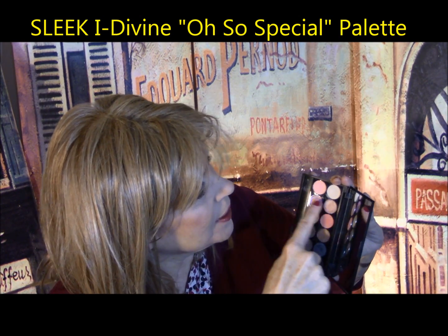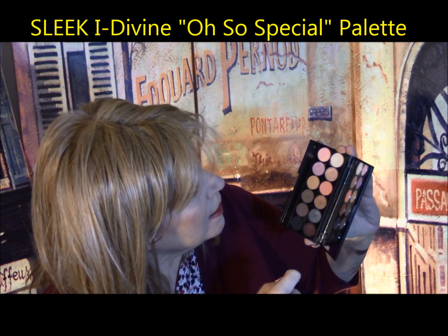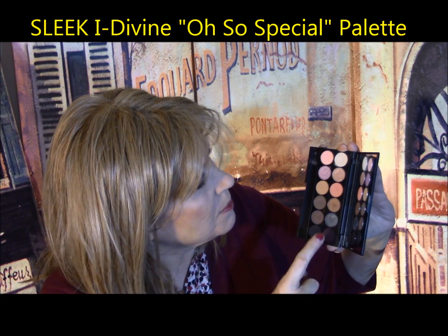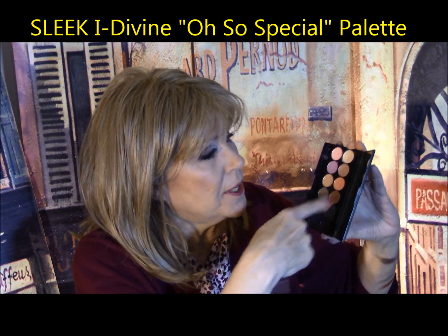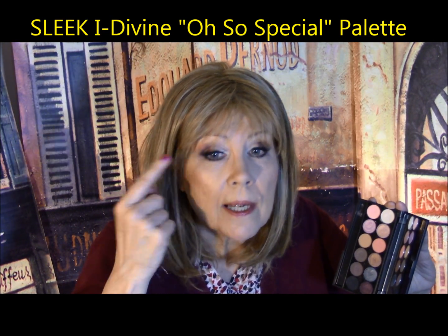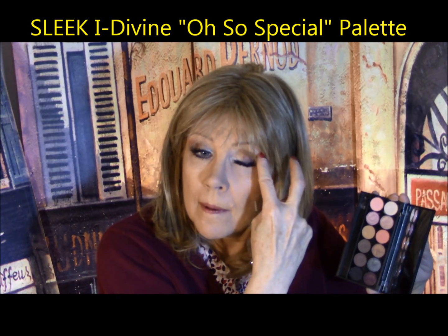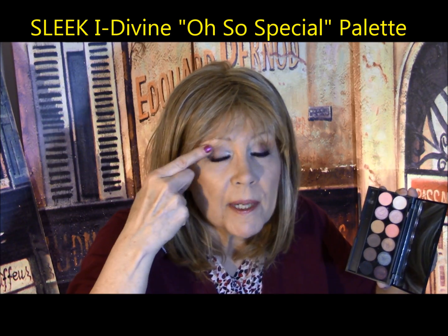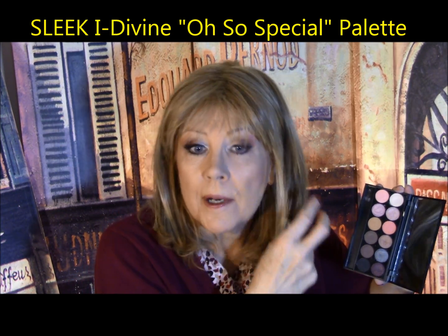And then here you've got these 2 shimmer shades. You've got a nice matte crease, matte base, then you have some darker colors you can put on the corner, and then you have all these little accent colors, including this one, which you can actually kind of dab in the corner. Everybody's going for that peachy orange color now, so